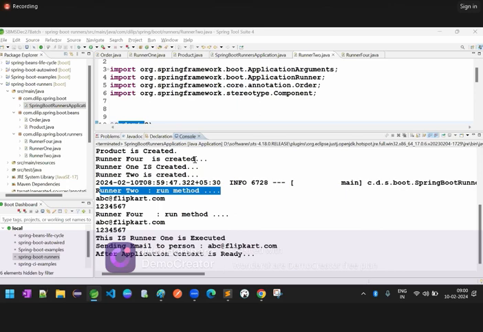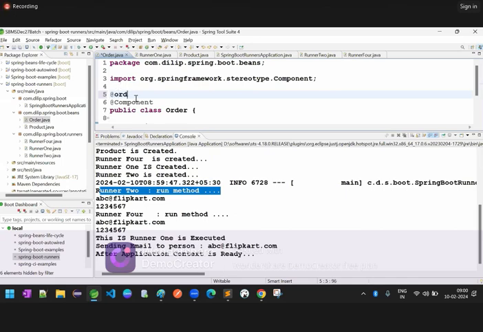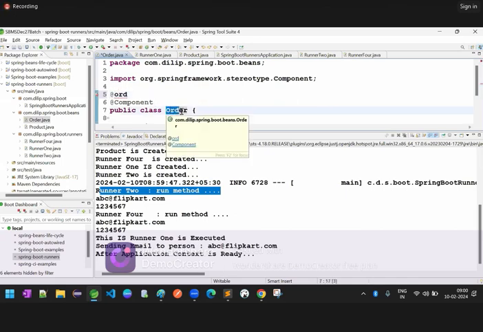Can we use the order annotation for component classes if you want to execute in the same order every time? No, that's a different purpose, Swami. At component level, you can use it, but that is for a different purpose. When you want to collect same component objects, for example, you have order objects, you can use @Order at component level also. But whenever you create 5 bean objects of order,